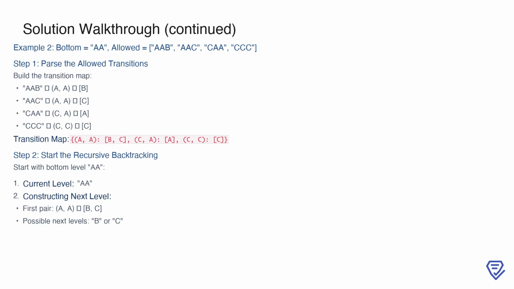Parsing the allowed transitions, we map A to B, C A to A, and C to C. This gives the transition map A, B, C, A, C, C. Starting with the bottom level AA, we construct the next level by examining the pair A. The map provides two possibilities, B, C. This means the next level could be either B or C, and we need to explore both